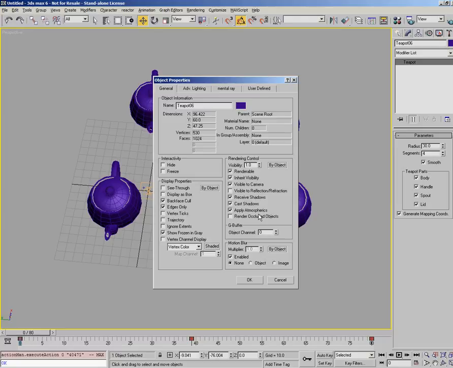Now, that may seem like a very tenuous thing to do, but it's actually used a great deal. Let's say when you're rendering, the setup and the detail in that vampire model is extremely detailed, and you really can't get it to render with everything else in the scene. Well, what you can do is set up everything else in the scene to not render, just render the vampire. And then when you're finished with the vampire, you could set it up so you just render everything else. Actually, vampire isn't such a good example because the vampire wouldn't appear in any reflections. So let's say you have the vampire hunter, and you turn on